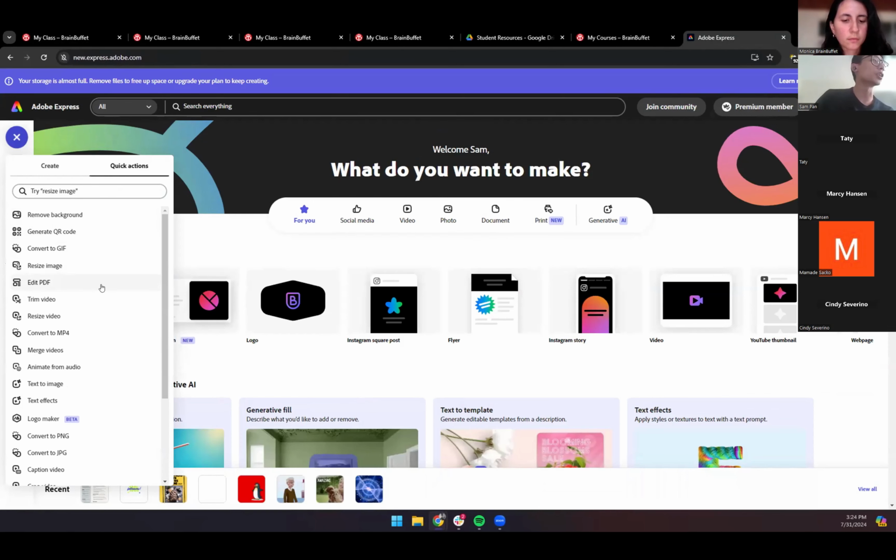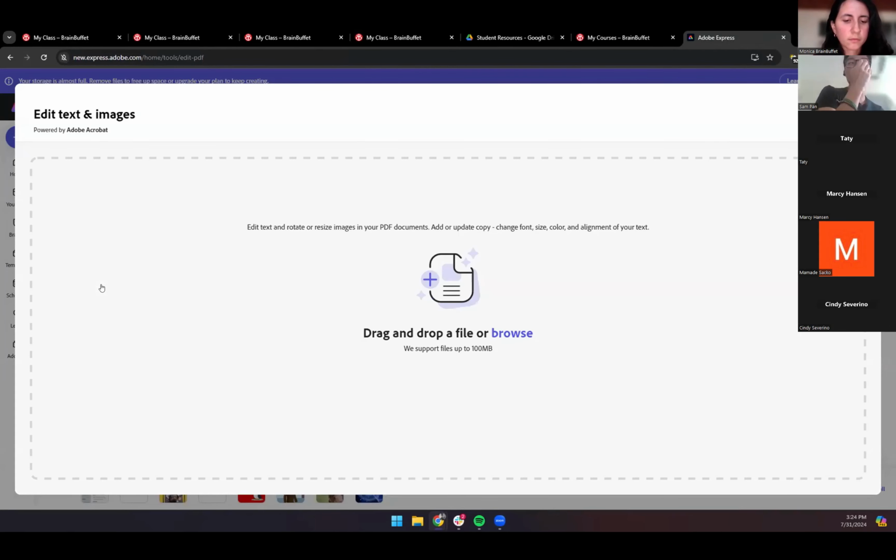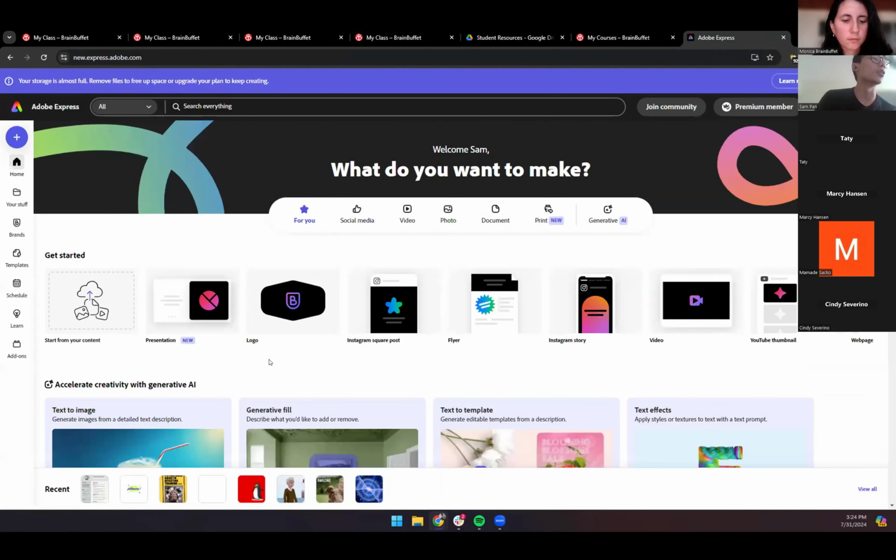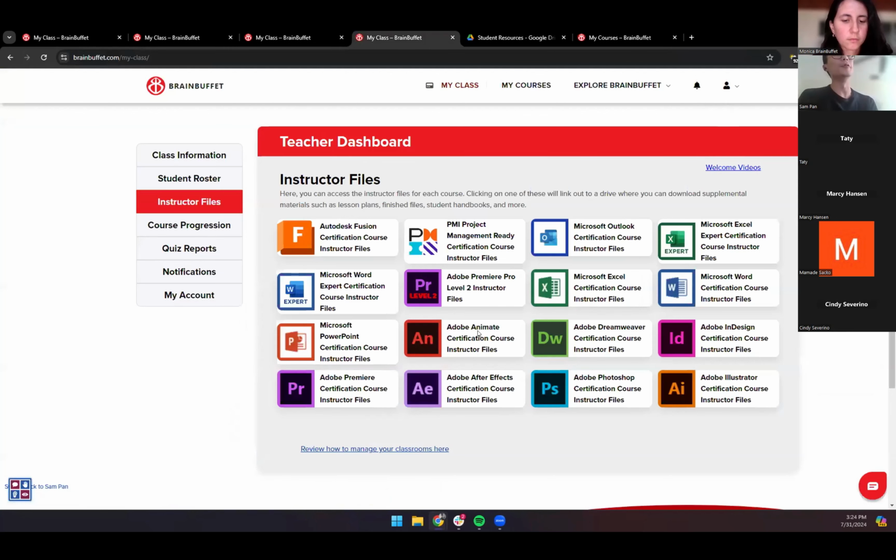Okay, once you click on this button, you can upload any PDF you want, and you can start editing once you have this uploaded and it has analyzed it. Okay. Not only that, there are other applications that will allow you to do this. Adobe Express is not the only one. But yes, that will allow you to edit the PDF itself. We also have most of our worksheets, lesson plans, all of that also in docx form for